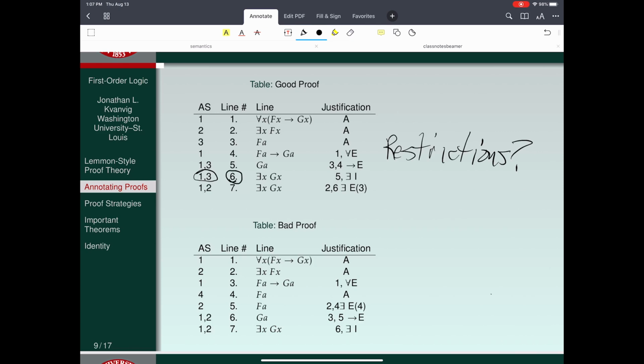It's only line 1, and we look at line 1 and say, does the constant A appear in line 1? No, it doesn't. There's no constant in line 1 at all. So this proof satisfies the restrictions. Notice the difference then between these two proofs. The difference between the good proof and the bad proof is a matter of when I apply the